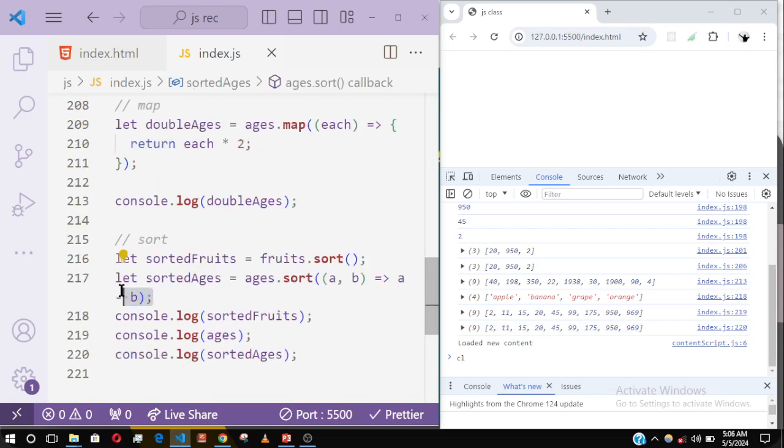But if I comment this out, or if I cut this out and save, notice that it will not arrange it. So this one is not 11, 15, 2, and this. And here is also returning 11, 15, 2, 20, this and this. So you don't know whether this is ascending order or descending order. But if we bring back